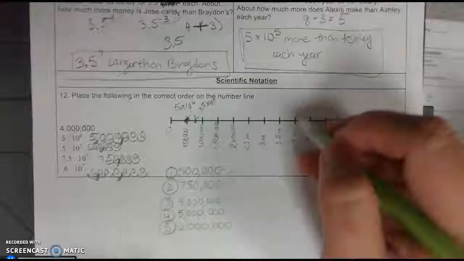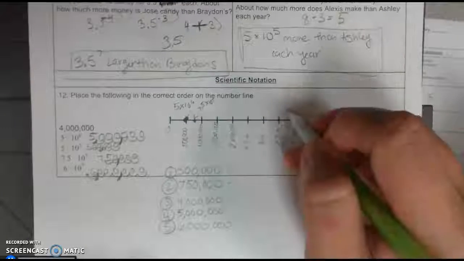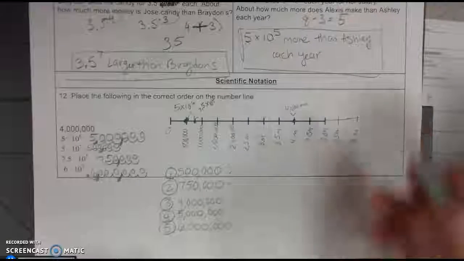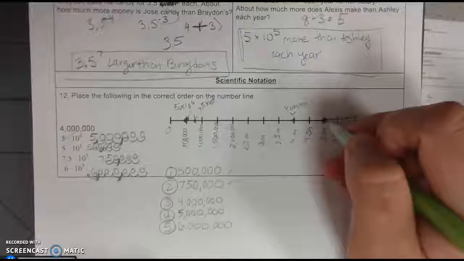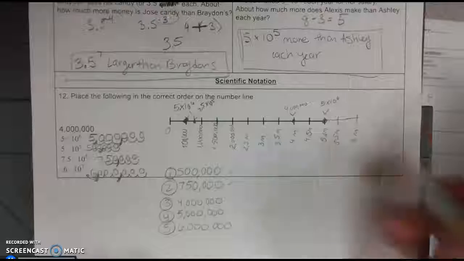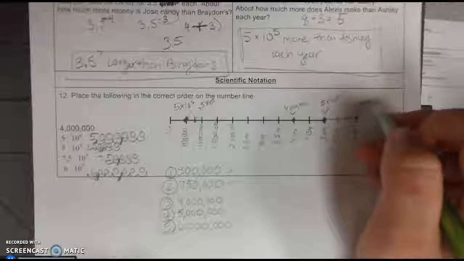Now I have 4 million. I'm going to put a big old dot there, and I know that one's just 4 million. Then I have 5 million, which is going to be right here, and that was 5 times 10 to the 6th. And then I have my 6 million, which was 0.6 times 10 to the